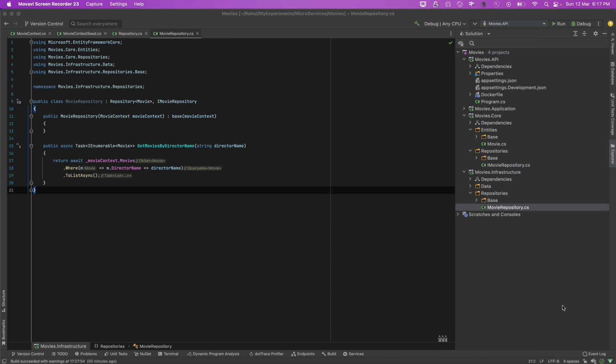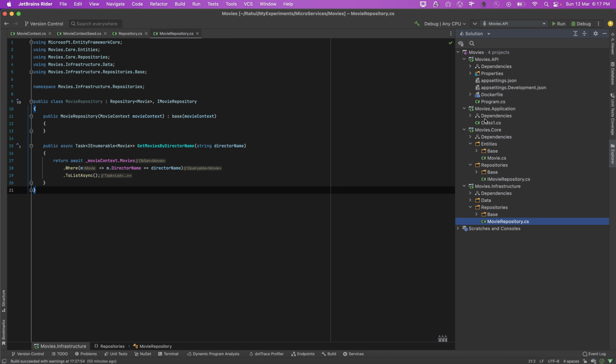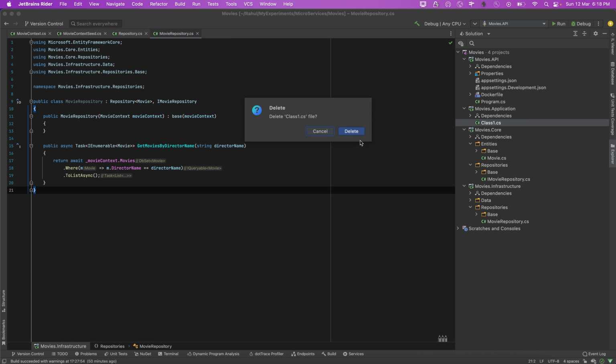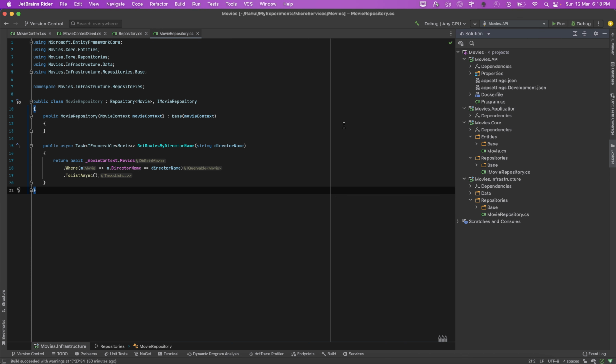All right, now let's go ahead and implement this application layer over here, and let's collapse this and basically expand this, and let's delete this. We don't need this, and what we're going to do here is, this is the place where we'll be implementing command and query